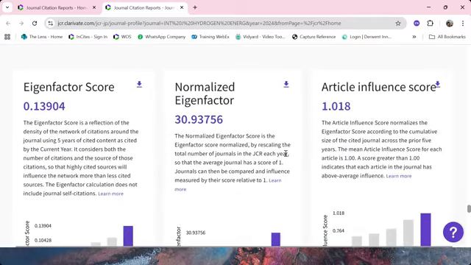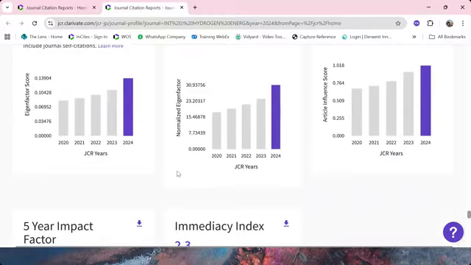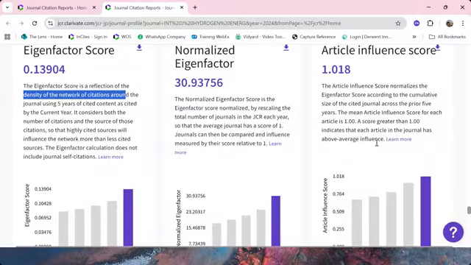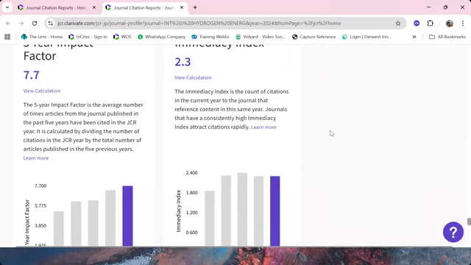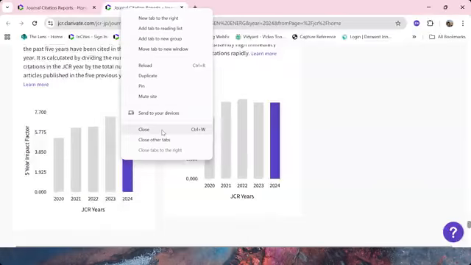Then if you go down, we have other indicators here. These will show you the density of the network of citations, so showing its influence around. If you want to see detailed explanations about each of these additional metrics, there's always a Learn More link. But those that I've highlighted so far are the important ones that you can start to consider first. All right. So that's the profile page of the journal.